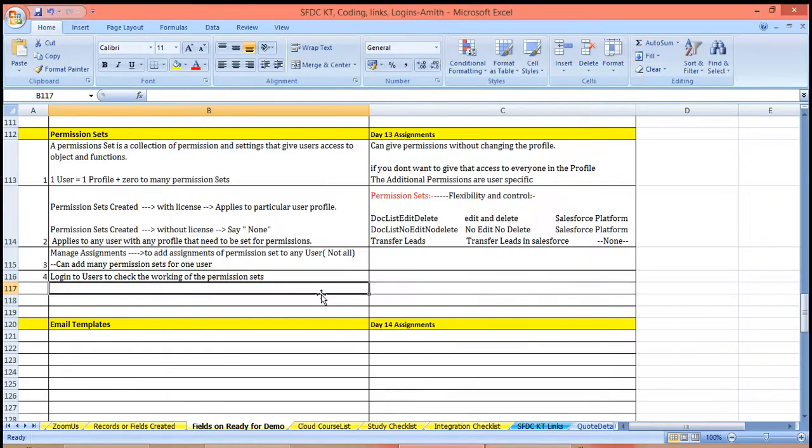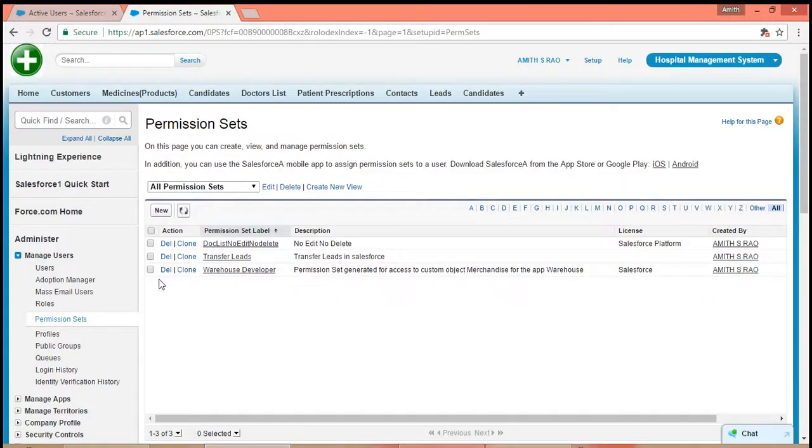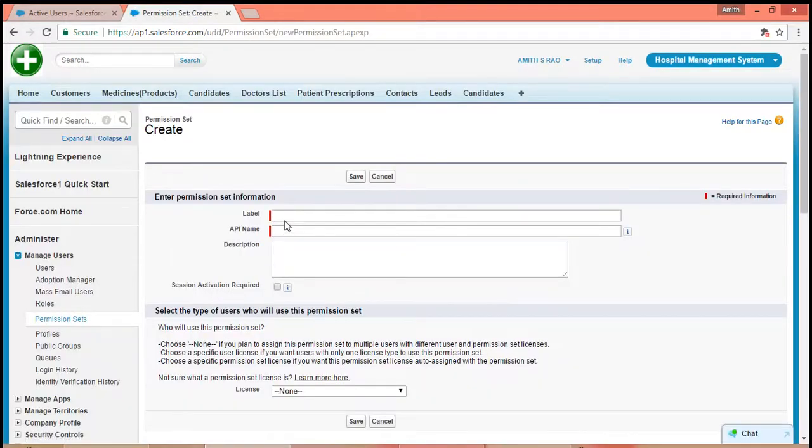Now, if I talk about permission sets, we have to create the permission sets by going to Manage Users, Permission Sets, and here are the permission sets which have already been created. Now let us create a new permission set, and that permission set will be activated only for the doctors list object. Now, to create a new permission set, click on New, Label,